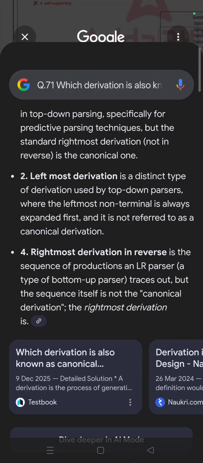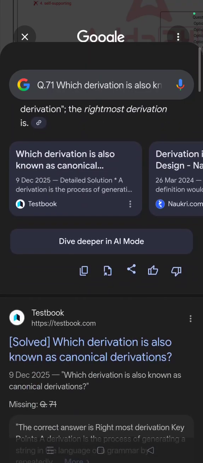A rightmost derivation in reverse is the sequence of productions an LR parser, a type of bottom-up parser, traces out, but the sequence itself is not a canonical derivation. The rightmost derivation is